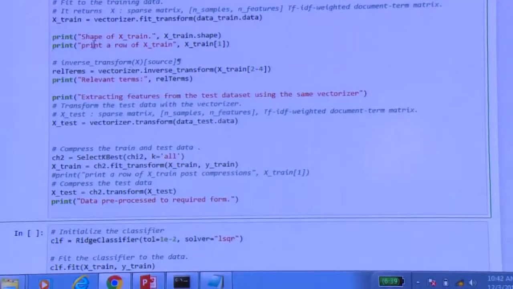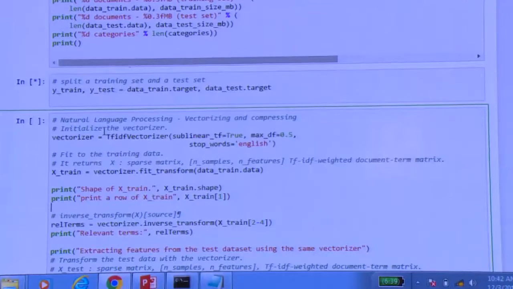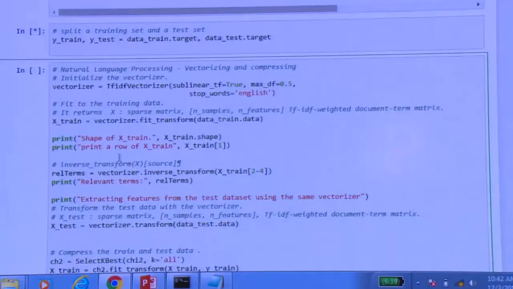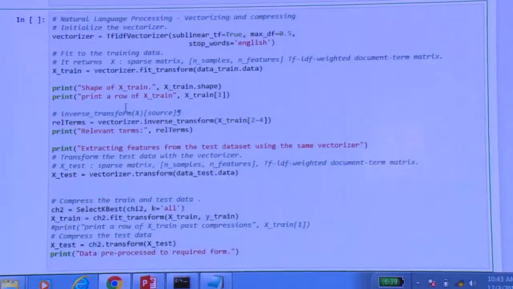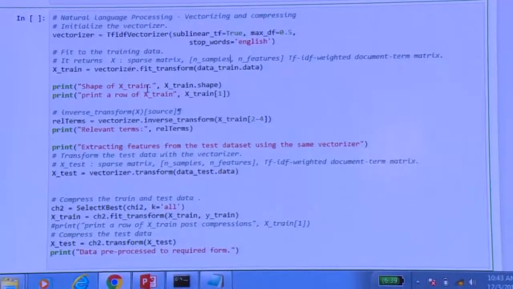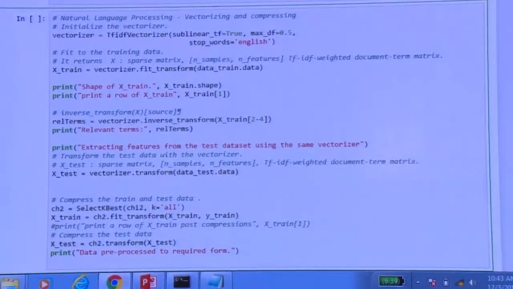This is the core part, where you are vectorizing your data. If you see, this is the TF-IDF vectorizer, and first you initialize it. The first step in anything is that you just initialize the TF-IDF vectorizer. As part of initialization, you could set the relevant parameters for it. We've set some of these parameters. And then you do the actual fitting, so you fit the vectorizer to the particular data, which in our case is the data you are interested in. And just to see how it looks, we've printed the shape of your xtrain and your xtest. Okay? So we could run.